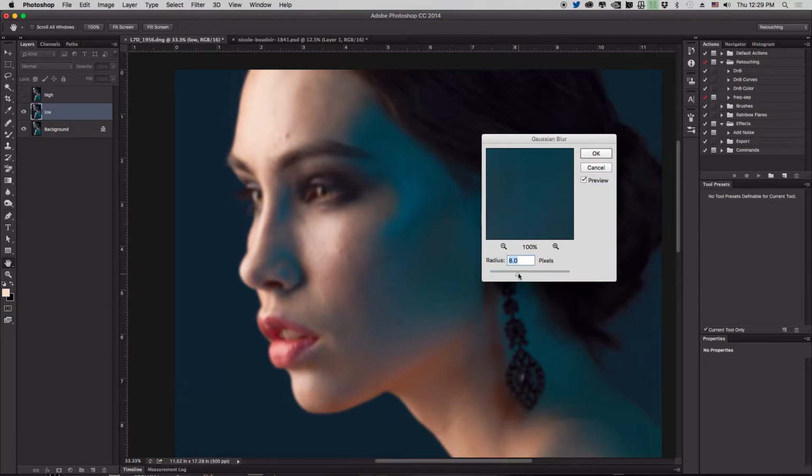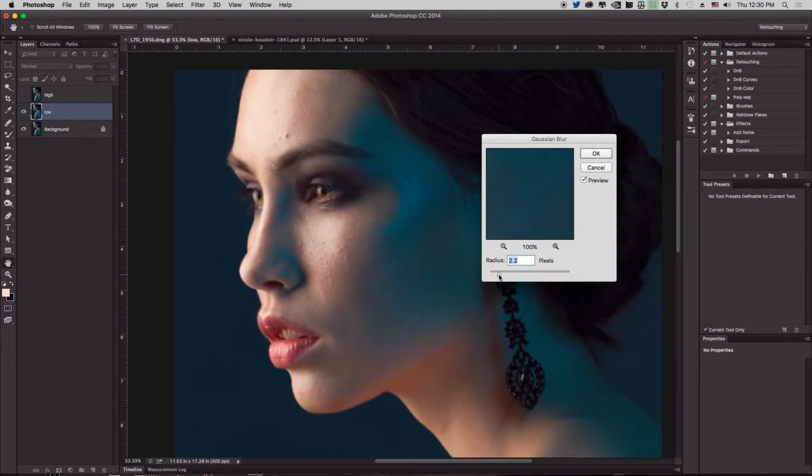Now, some people disagree and think differently on how the blur should be applied, or the intensity. Some people say have enough blur so that you just start to not see any pores or textures in the skin. Some people say do the blur while you still have some form of texture in the skin. So some will say right after you lose texture, some say before you lose texture. I tend to be more on the before you lose texture side, but I don't make it low enough so that